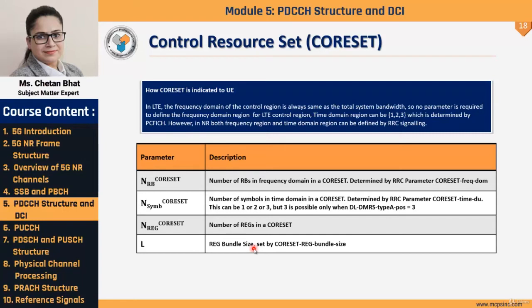Okay, so the difference between 4G and 5G with respect to PDCCH is that in LTE we have the PCFICH channel, with the help of which we can define the total number of symbols which are reserved for PDCCH, whereas in 5G we do not have any such channel, as we have already seen the channel structure in 5G. Second important thing is that in LTE the PDCCH is allocated for the total bandwidth. However, when we talk about 5G, it is defined as 1 RB into 1 symbol, and that 1 RB is also dependent upon the parameter which is NRB core set.